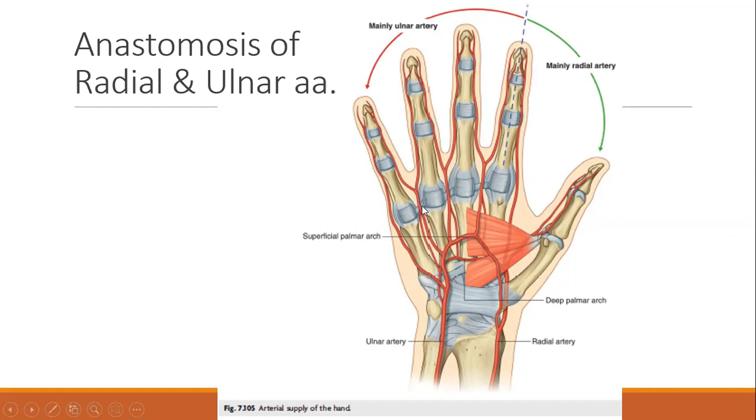They actually link up again at the ends of where your metacarpals are, and then split to give blood supply to these sides of each of your digits. So all of this blood is just mixing. So that's the anastomosis between your radial and ulnar arteries, these two arches, your superficial and deep palmar arches,